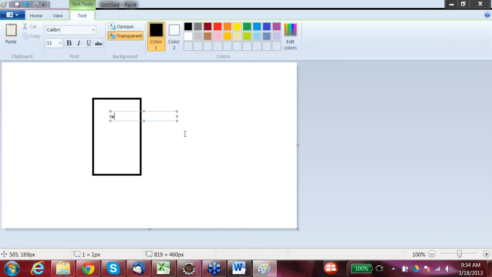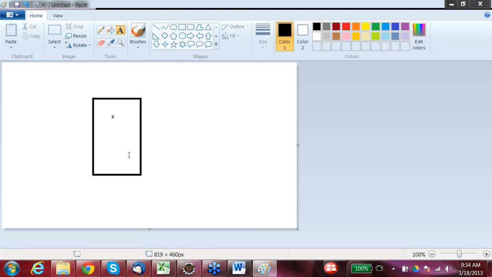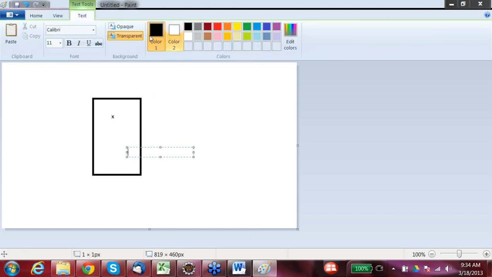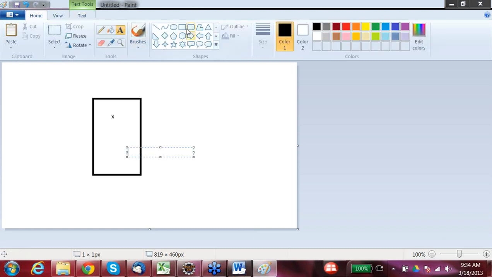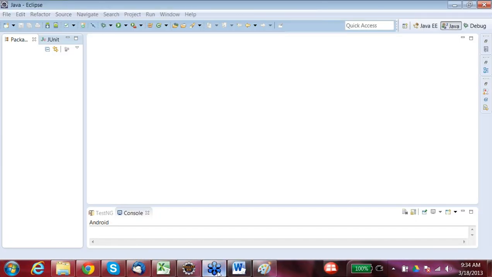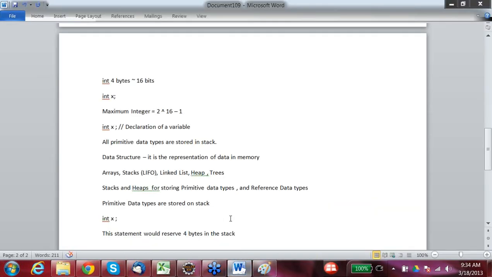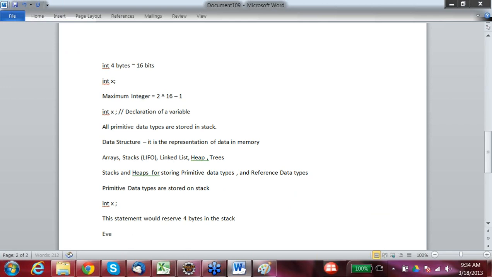Here would be 4 bytes that would be stored inside this. So there would be 1, 2, 3 or 4. Every cell has a memory address. In a computer, you can say every cell has a